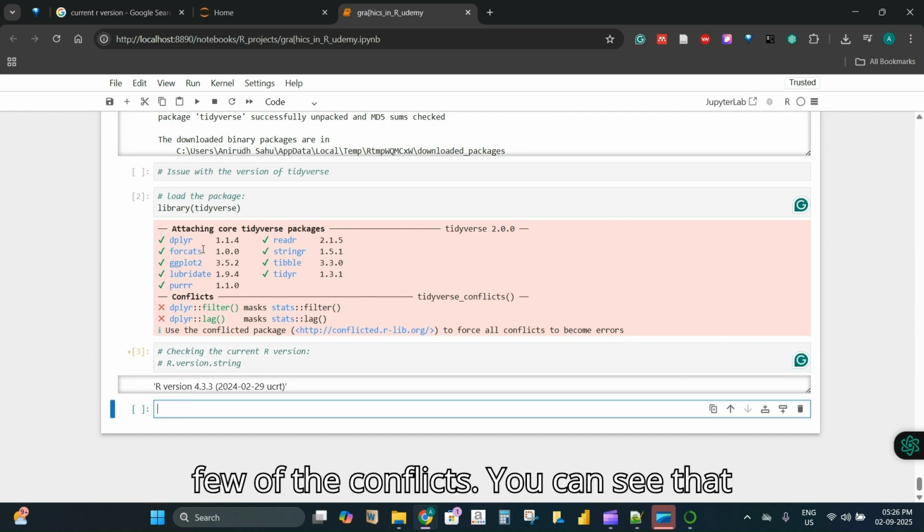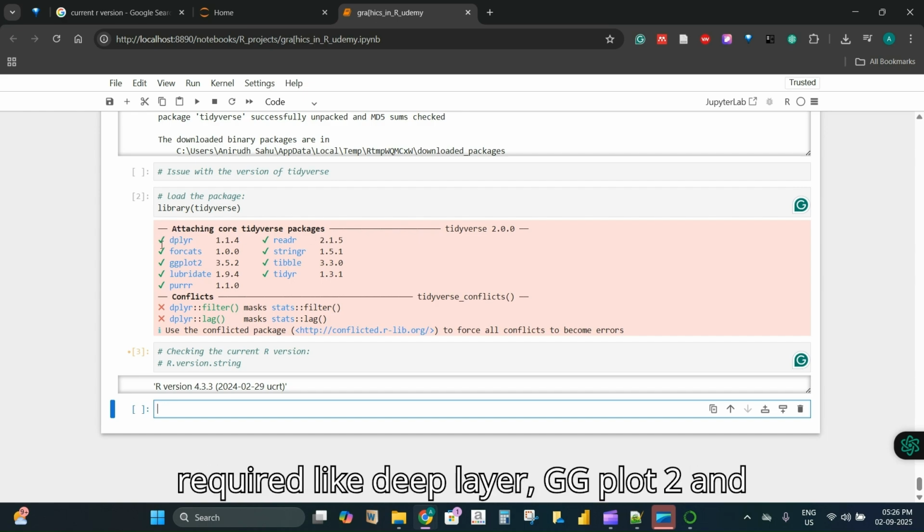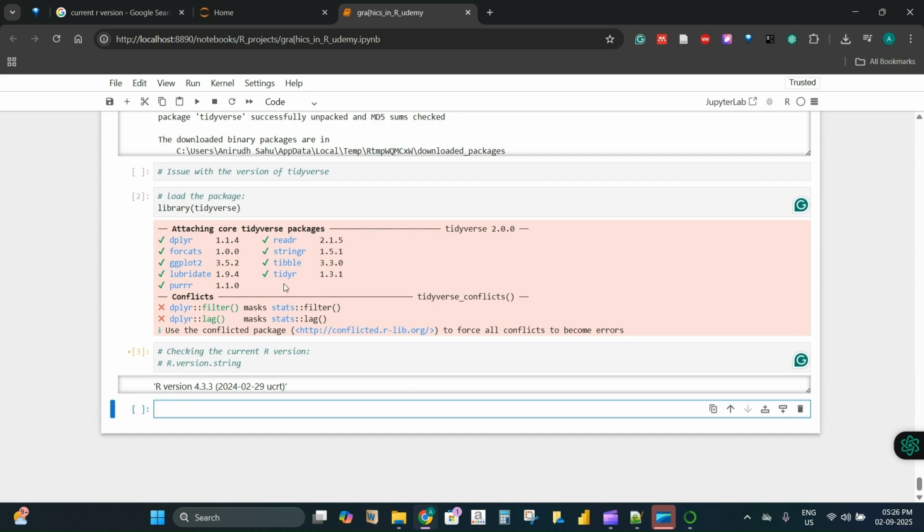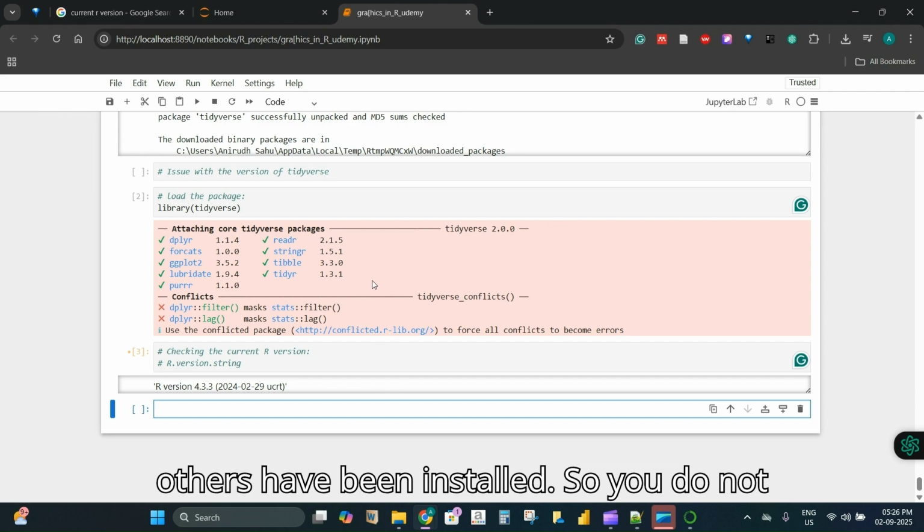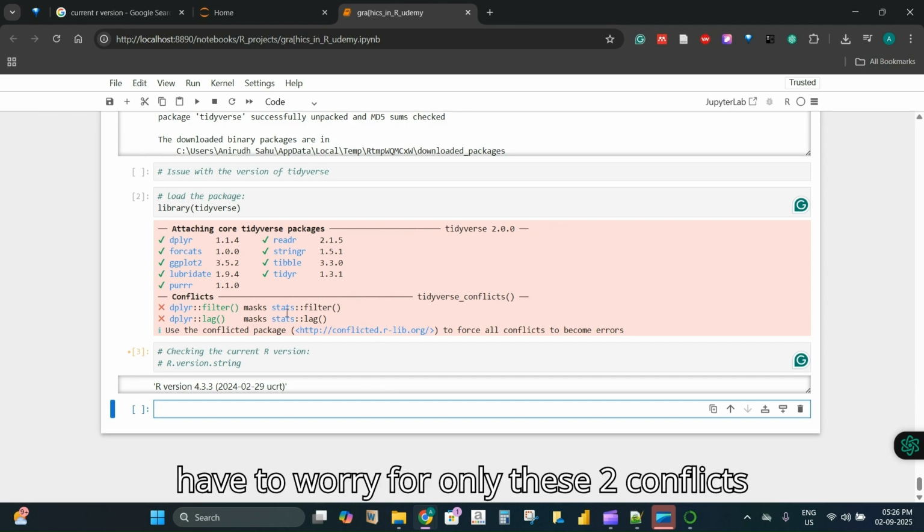So that's it for today's video. Do not worry about a few of the conflicts. You can see that all the necessary packages that are required, like dplyr, ggplot2, and others, have been installed. So you do not have to worry about only these two